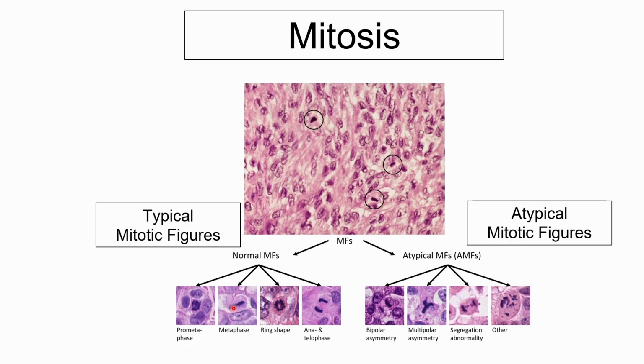And if, for example, in the metaphase, it should be just one line like this, there will be three lines, okay? So that would be your atypical mitotic figures. So these atypical mitotic figures are especially very useful when you are trying to grade or determine if a tumor is malignant or not, and if it's malignant, how malignant it is, and what is the prognosis or the chance of this animal of surviving despite the cancer or the tumor that it has. Again, this will be discussed more when you go to your histopath course.